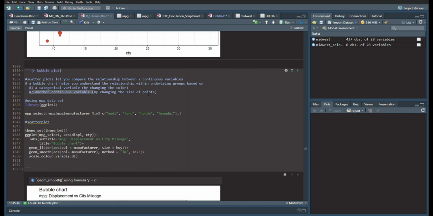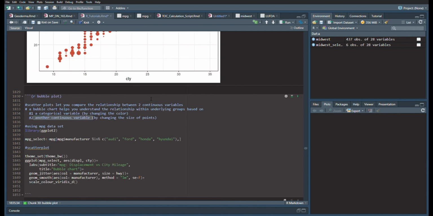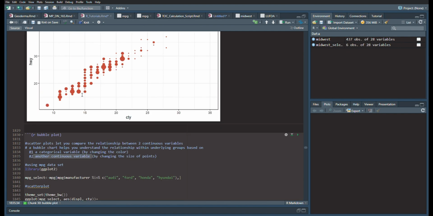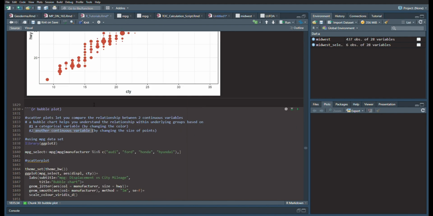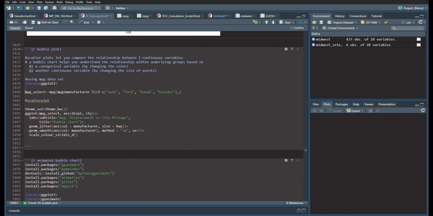So this is going to be a mixture of the prior two videos that were last week and 2 weeks ago, where you have a count size that increases the point size, and you have the jitter plot that allows it to look like you have the general distribution of multiple types of data. So if you need to load ggplot2, go ahead and do that now, and we'll be using the MPG data